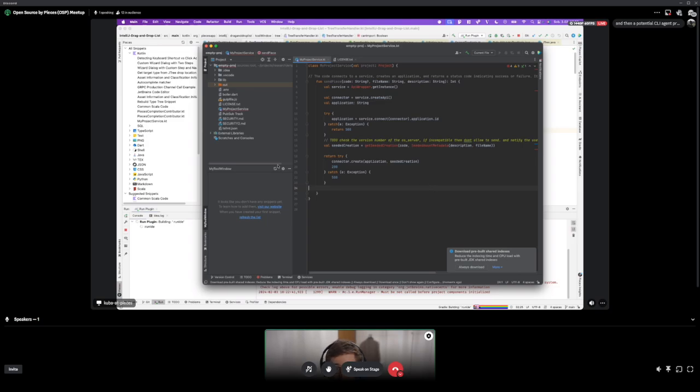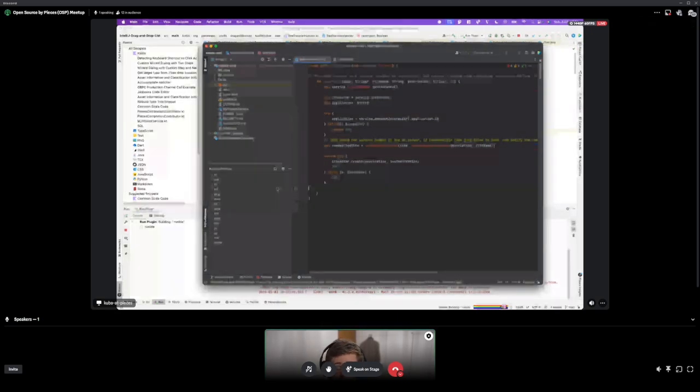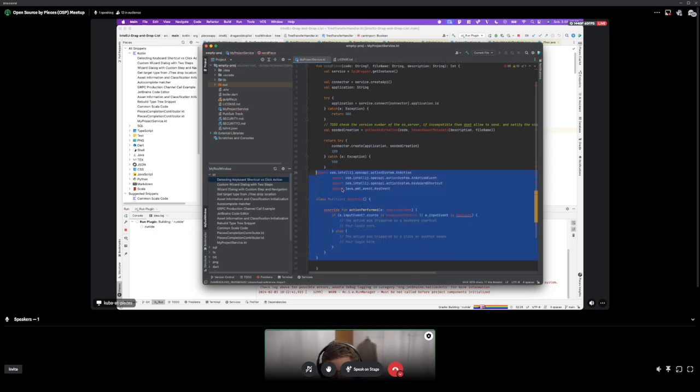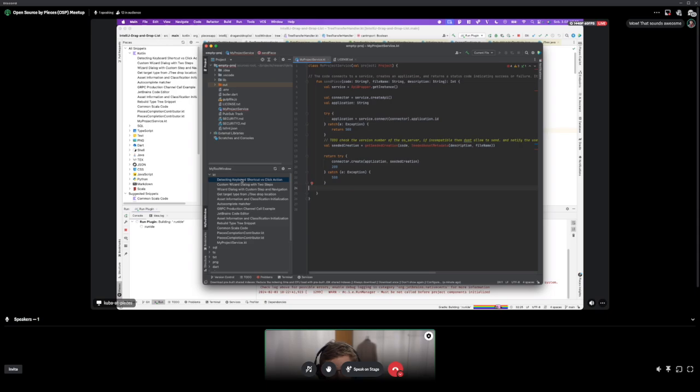Because if you want to use Pieces and you want to be able to interact with your snippets frictionlessly, it would be great if you could just drag and drop things onto Pieces if you want to save a new snippet, or if you could just drag a snippet into your code, so you don't have to select, right click, save to Pieces, or right click here and insert it at caret.